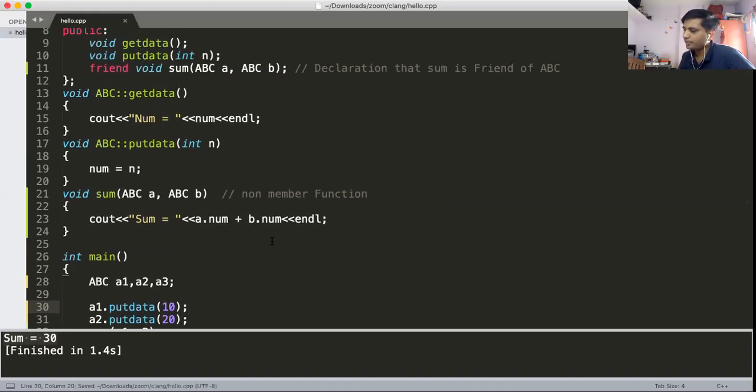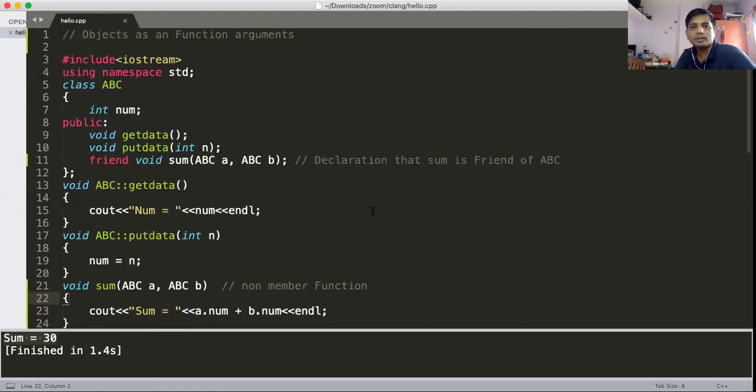Okay. Now the next topic is the constructor. Yes, we start with the constructor. It is a very important topic and a very interesting topic.